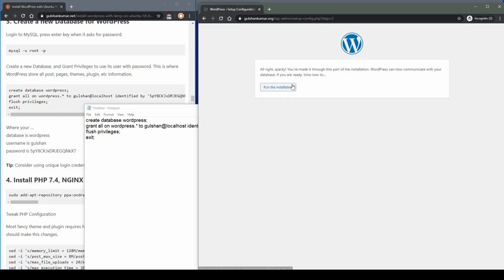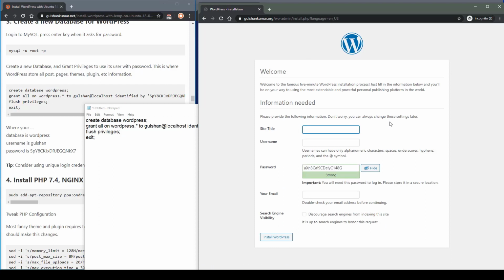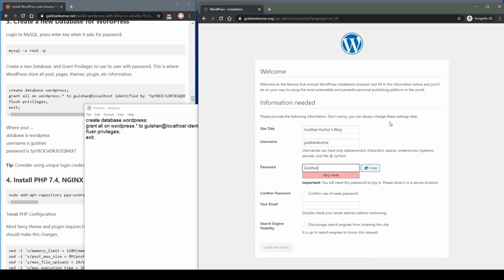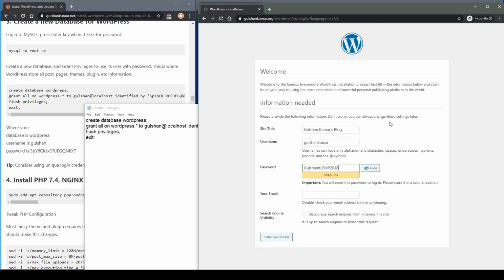Click on the submit button, run the installation, and enter the site title. Yes, this is Gulshan Kumar blog. Username Gulshan Kumar. For the password, I can add anything. This is my password, and I will add some email address.